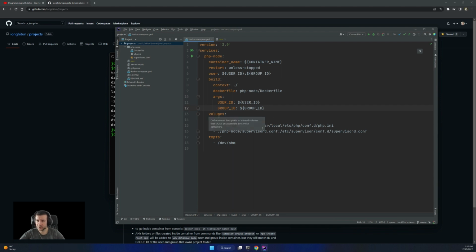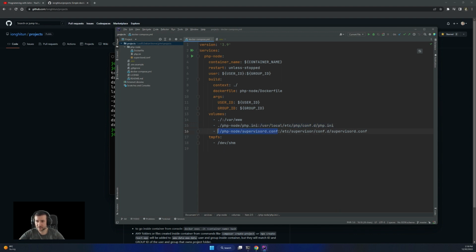And then getting to volumes, about which I told you earlier. On the left side is what's on the host, and on the right side is what's on the container. They are separated by a colon. So everything that's inside this folder should be mapped to var/www inside the container. Then the php.ini from the php-node folder should be mapped to the php.ini in php/conf.d inside the container.